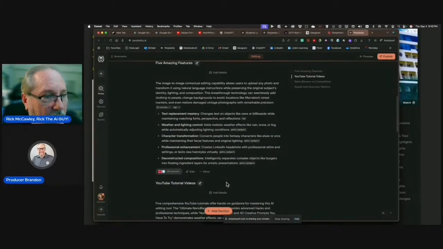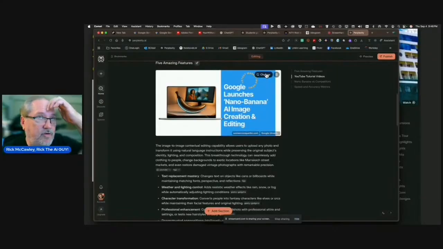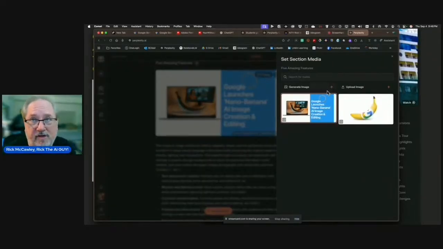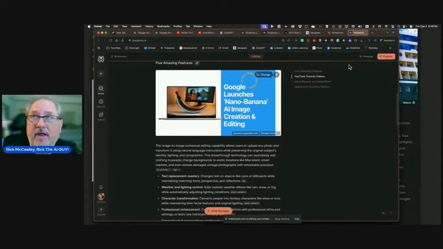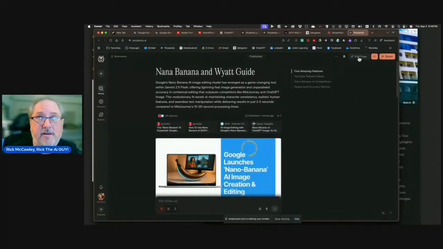Let's bring that plane in for a landing, Rick. Okay, so to finalize it, you can go and add the media. We learned about that. You can change it out for stuff you search for, or upload a picture, and then you go share it into a space. So when I'm done, I publish this, and now this is out there. I could go back and re-edit it. I could share it. I can also go here and put it in a particular space.